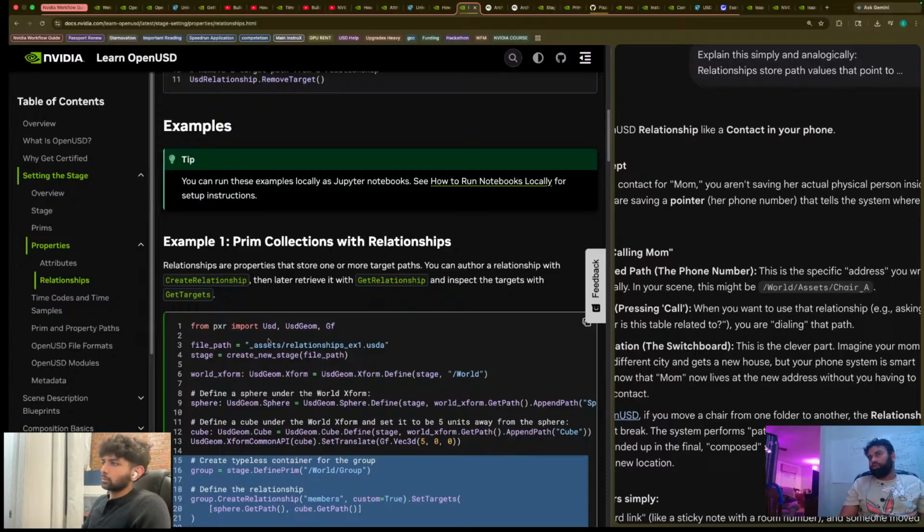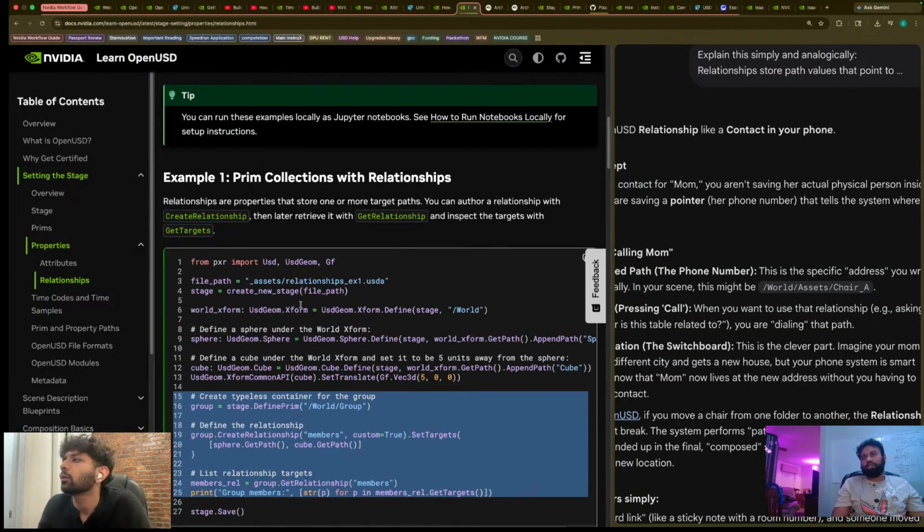So now let's focus on the code base. As we walk through the code base, we have created our new stage, and then we are loading our